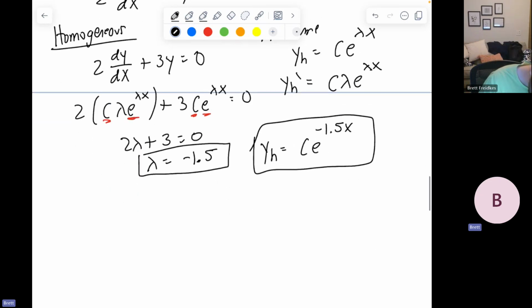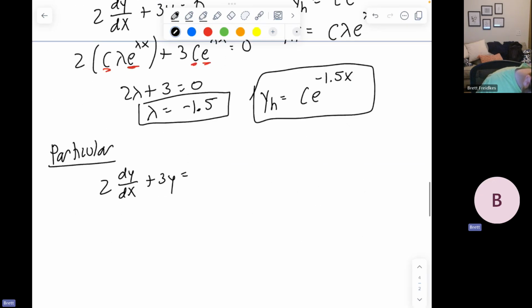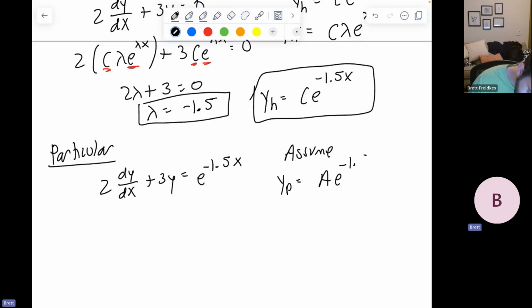Now, keep this in the back of your brain. If you do the particular solution, that was equal to e to the negative 1.5x. We will make an assumption right away. The first assumption should be that we'll match the forcing function. So this would be a e to the negative 1.5x. And that's where you should have some pause. Because if you compare these two,